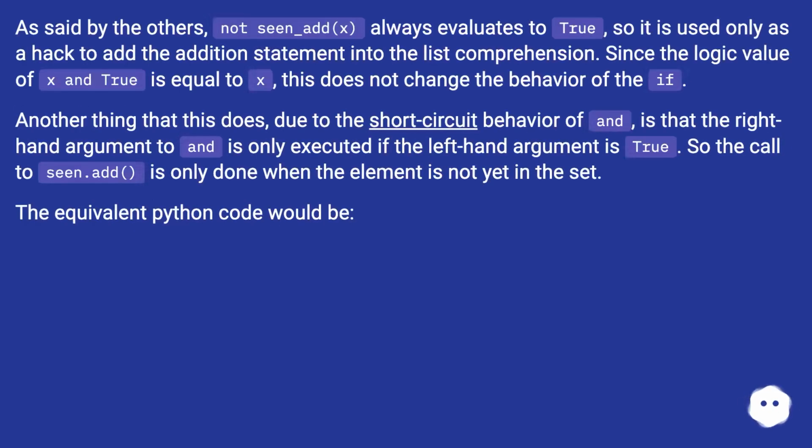As said by the others, not seen_add(x) always evaluates to true, so it is used only as a hack to add the addition statement into the list comprehension. Since the logic value of x and True is equal to x, this does not change the behavior of the if. Another thing that this does, due to the short-circuit behavior of and, is that the right-hand argument to and is only executed if the left-hand argument is true. So the call to seen.add is only done when the element is not yet in the set. The equivalent Python code would be